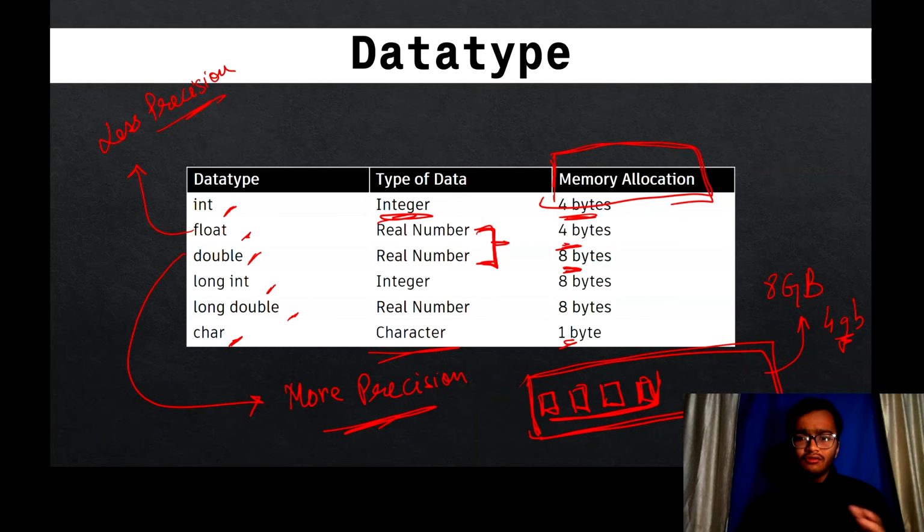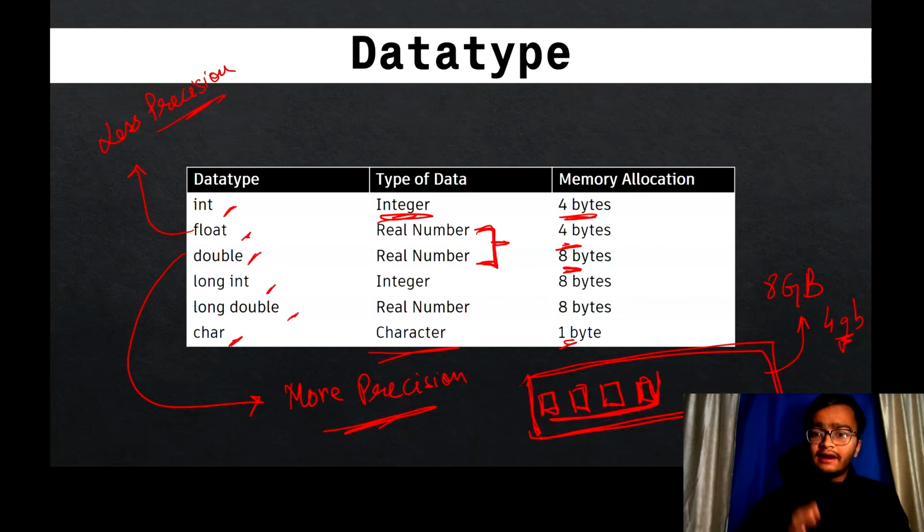Now let's see how we declare a variable. Suppose I have a variable A, and I want it to store integer type of data. So what will I do? I will just write the word int, then A. By reading this sentence, the compiler can understand that A is a variable